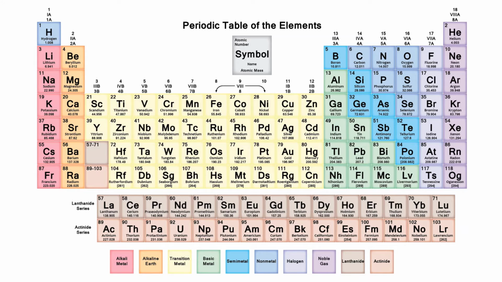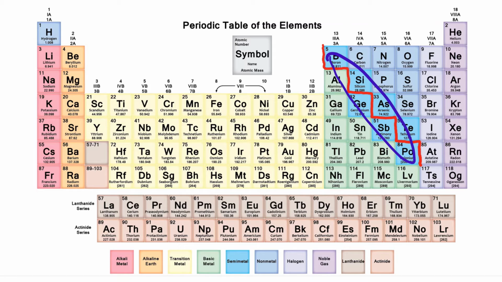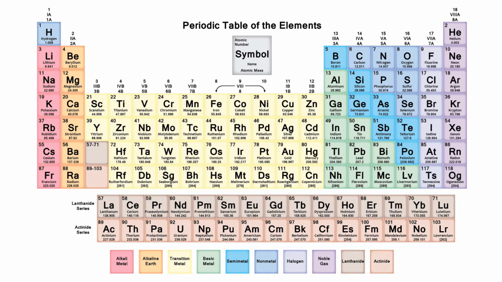You can see a dividing line between the metals and non-metals on the periodic table. This dividing line is drawn as a thick staircase. The elements found on either side of the staircase are called metalloids. These metalloids are also called semi-metals because their properties fall between metals and non-metals. They share the properties of both. The most important metalloid is silicon, because all our computers and the cameras that we are using today are made up of silicon.